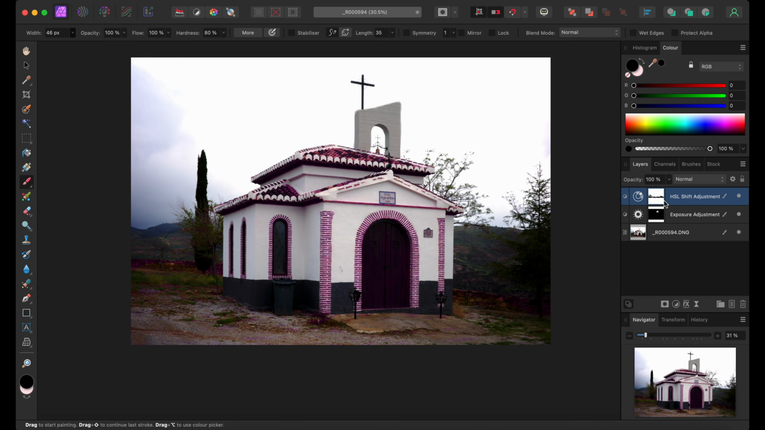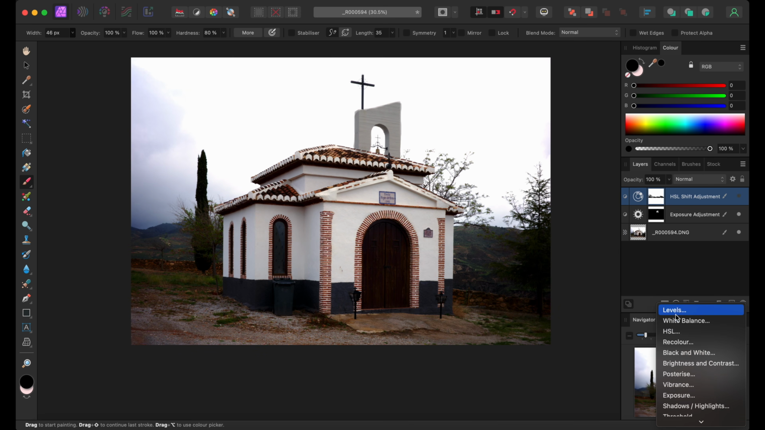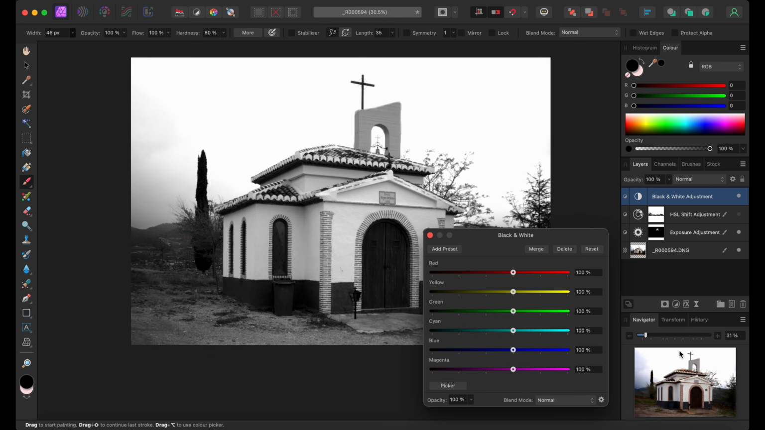You can see the mask here, and these are what I've drawn on the mask. And hardness is the hardness of the edge of the brush. We'll go with a black and white layer. Okay, so this turns the entire picture to black and white, except that